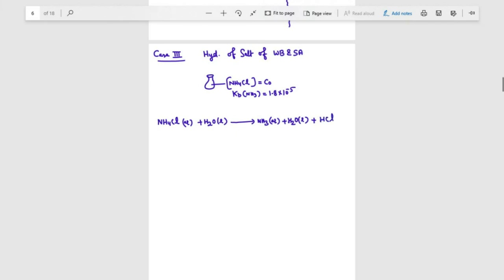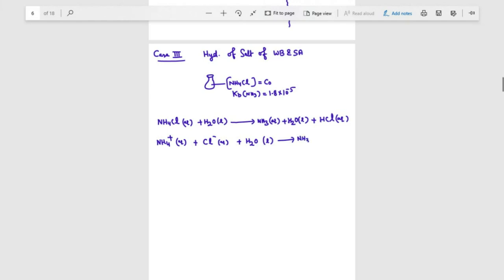The acid is HCl in aqueous state. If I further write the simplified form, because of how it is present in solution, NH4Cl is a salt, so it is an example of a strong electrolyte. So it will be present in the form of NH4 plus and Cl minus ions in aqueous state. Right? It is reacting with water, H2O in liquid state,